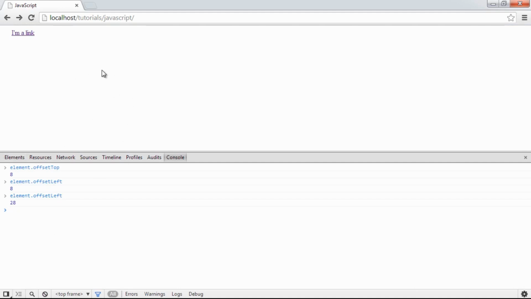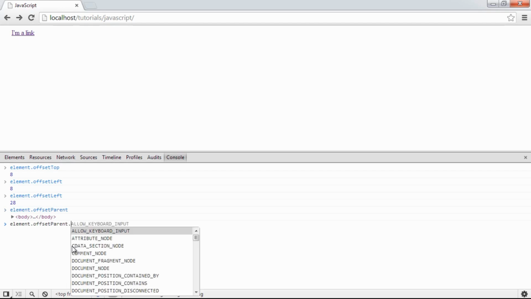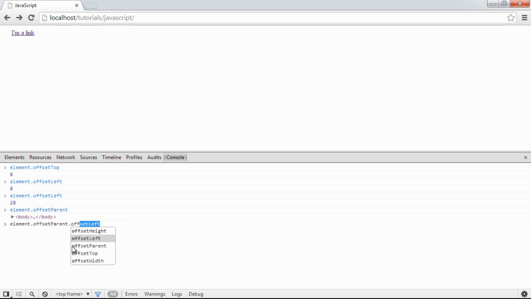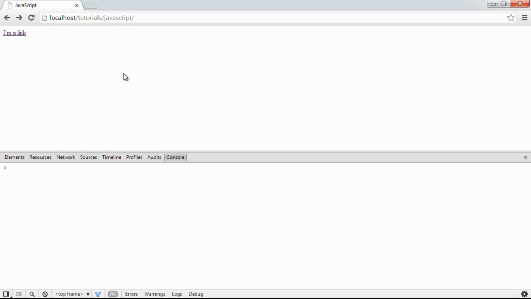Also, if we have elements within other elements, we'll be able to say things like the offset parent, and if you take a look at that, you can see that we've got offset parent dot offset left top. So for example, if I say offset top from the parent, that's 0, and offset left from the parent, that's 0 as well. Here you can see that this property contains other properties as well, so it's nesting properties in here. But that's just a little introduction as to how you might look at properties and methods of a DOM element